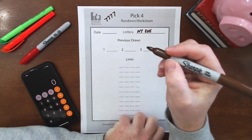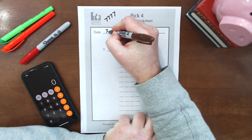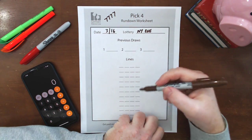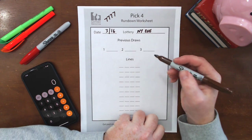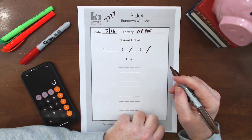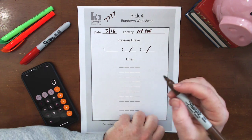So we're going to start with our base date for this one, which is going to be March the 16th. And I would recommend trying a few different dates, backtracking to see whether or not this rundown's been working with a different date. But for the purpose of this example, we're just going to use the 16th of March as that base date. And we're only going to need the one lottery result from that. And on the 16th in New York in the evening, the result was a